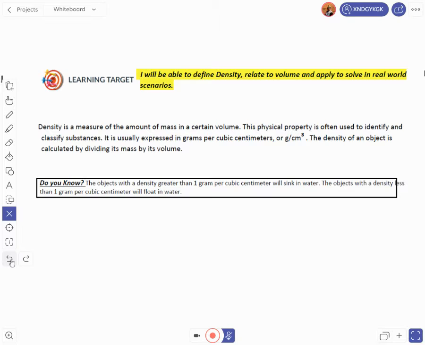What does it mean? You take a simple pin, a safety pin, or maybe the pin which we use to attach papers. You put it on the surface of water, for sure that will sink. Again, you think of it. You take a small pin or maybe a nail and try to float it on the surface of water. No way, it sinks. But a ship which is made of iron,